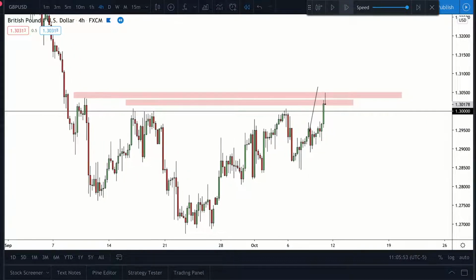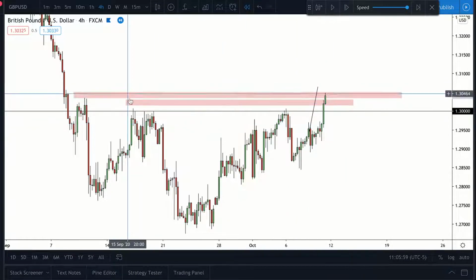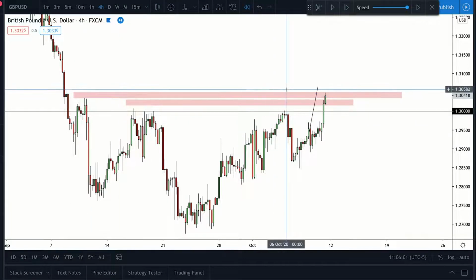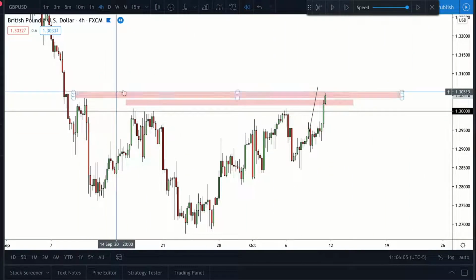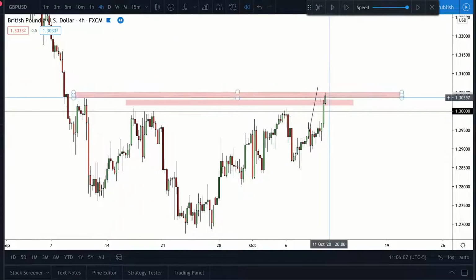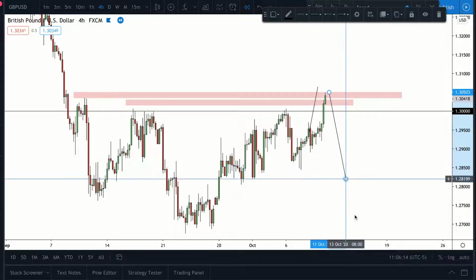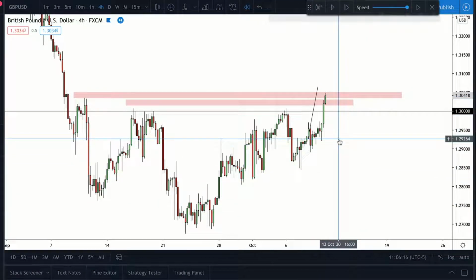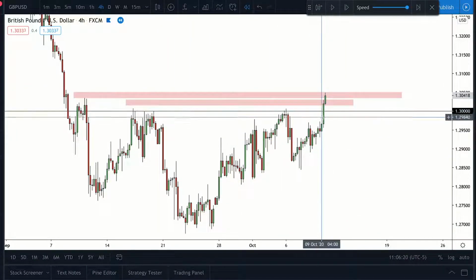Now, if we actually view this market, what we're going to see is the liquidity above these levels taken out. So the sellers here, and the sellers here have now been burned. Their stop losses are triggered. They've lost money. That money that they've just lost has flowed into the market, into the hands of the sellers to fulfill the liquidity of the institutional sellers who are now going to look to drive the market down. So we've got sellers above this level which have been burned. And now what we also have is a closure.